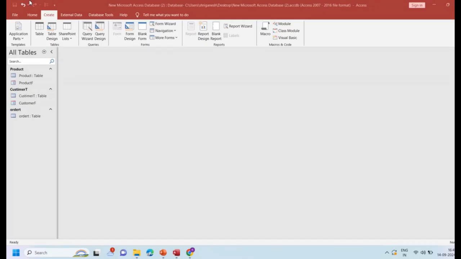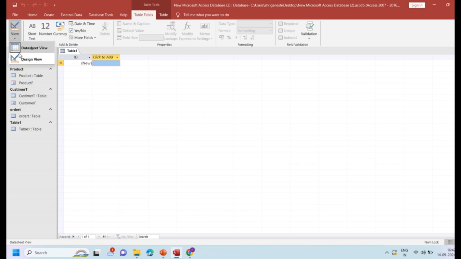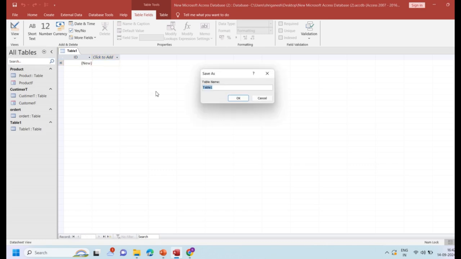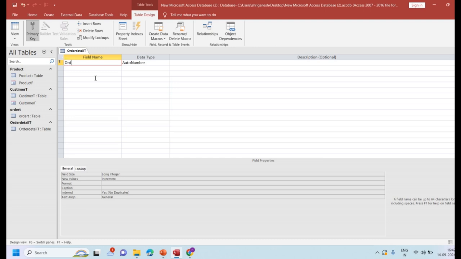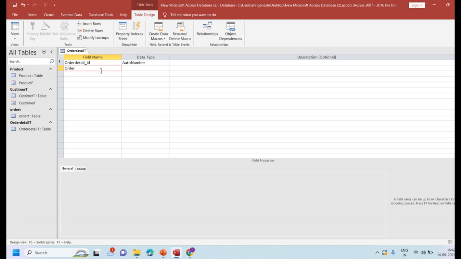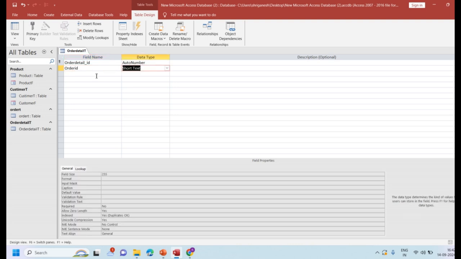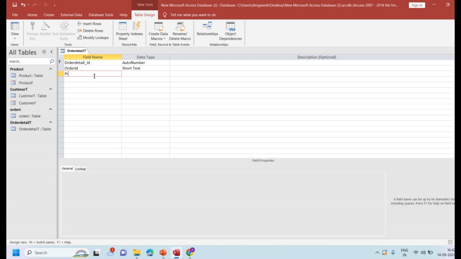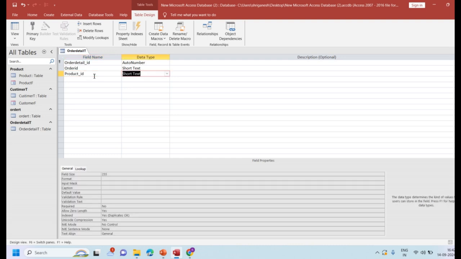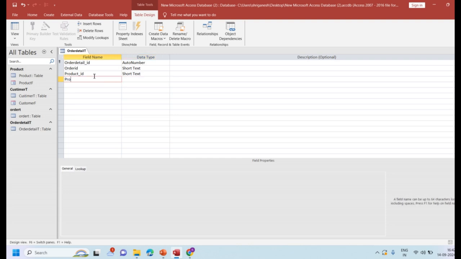Now I'm creating a table named order detail table. So I just click on create table, go to a design view and I'm creating the table order detail table. Okay, so first is our order detail ID, that is order number, then we say order ID, it is short text, then we have our product ID which is again short text, then we have product name which is again short text,